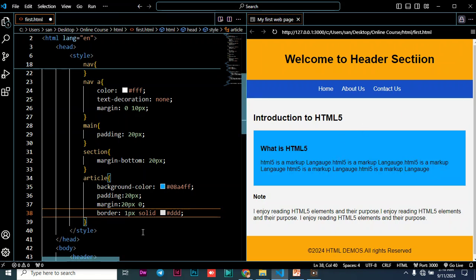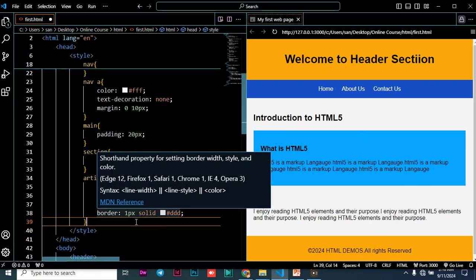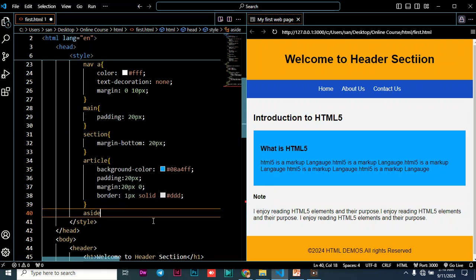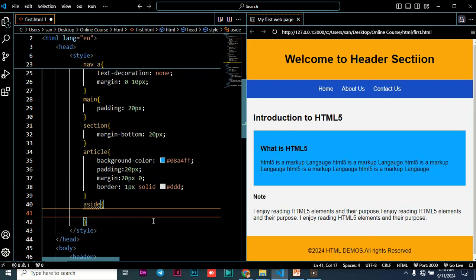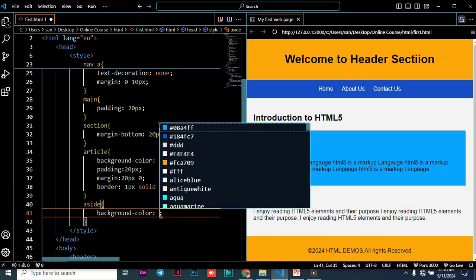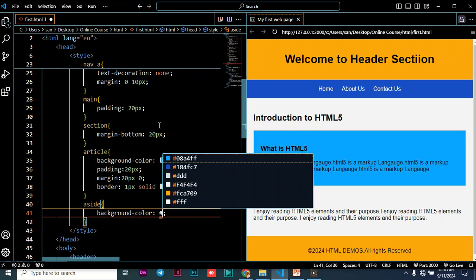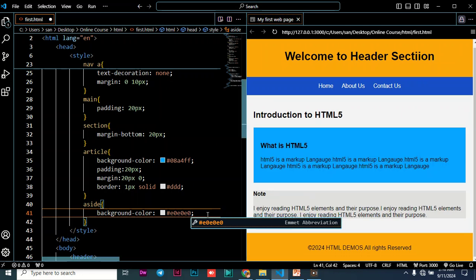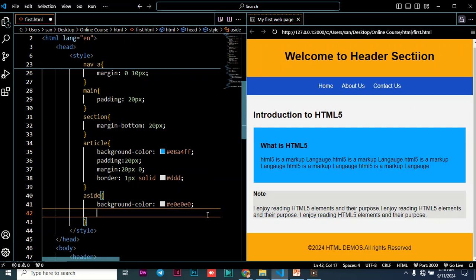Now let's go to aside and style aside, and then we are going to have background color for aside is going to be hash E0 E0 E0. So you can see how it looks like. So that's aside. You can see how it looks like,